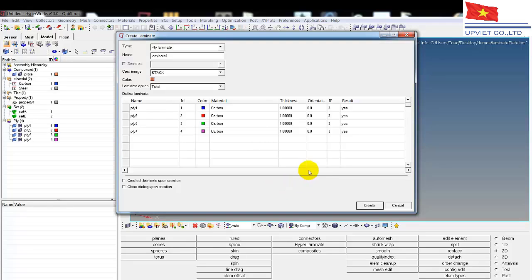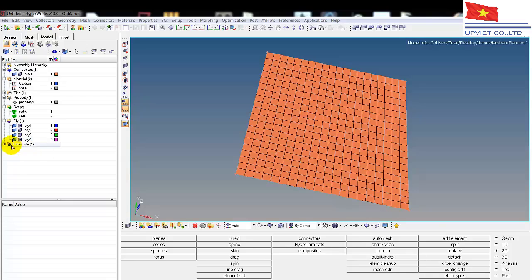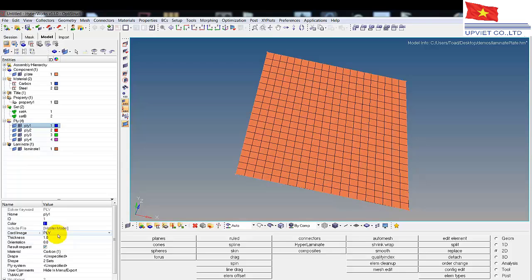laminate. We're almost done. The only thing is, I think in this orientation, let's set up ply 1 at 0, these two at 45, and the last one at 90 degrees. So let's create that, close it, and there's our laminate. So let's go into ply 1. We said is at 0 degrees. Ply 2, let's put it 45. Ply 3,